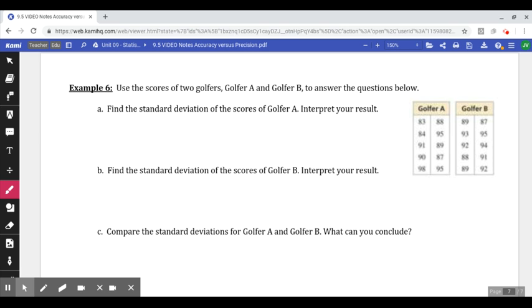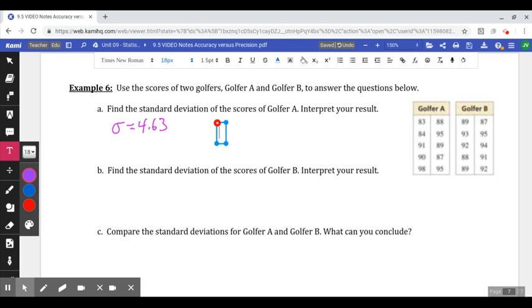You're going to have to pause the video and go through the whole process of entering that in. If you do that, the standard deviation for golfer A is about 4.63. So how would you interpret this? Well, you would interpret it kind of like this. You would say most of golfer A's scores